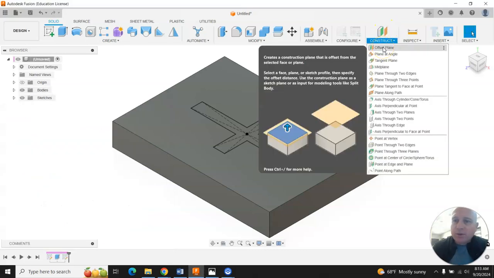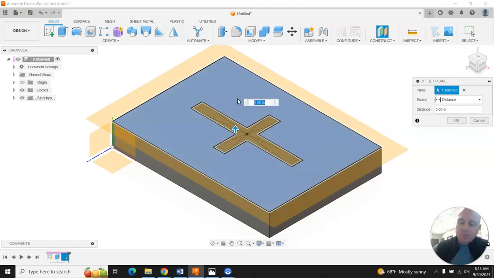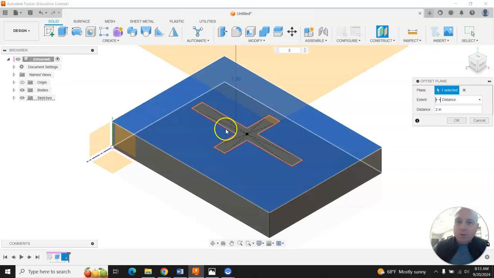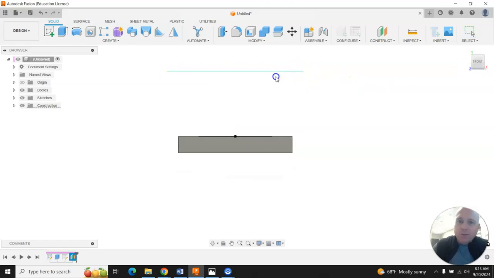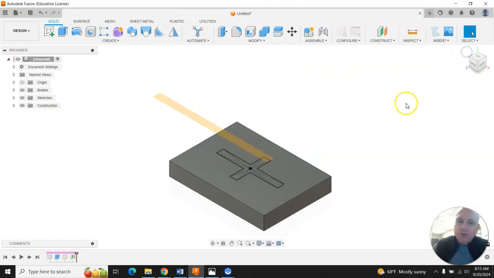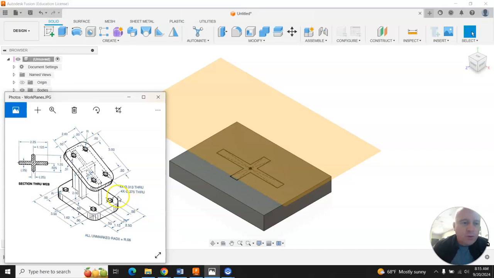So under construction tools, I'm going to click offset work plane, and then I'm going to click on the face of my part, and I can offset that work plane up a distance of 2 inches. Once I have that set, I can go to a front view, and you can see that the work plane is set 2 inches above the base of the part. From here, I'm going to figure out how to create this